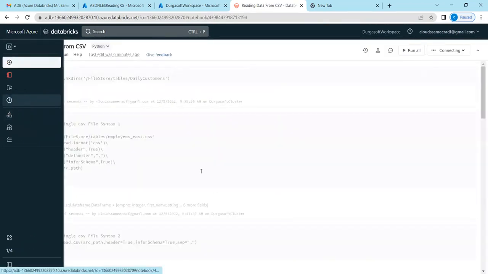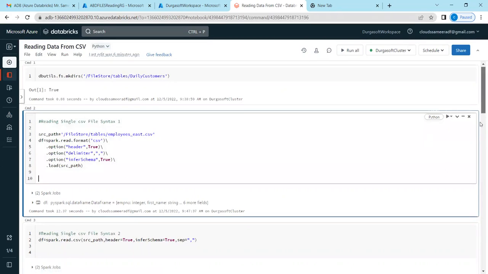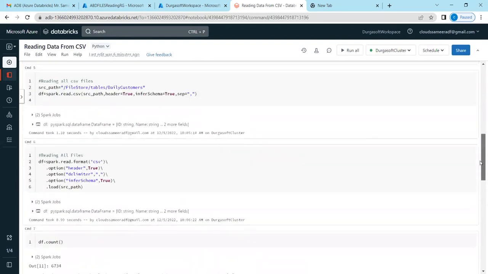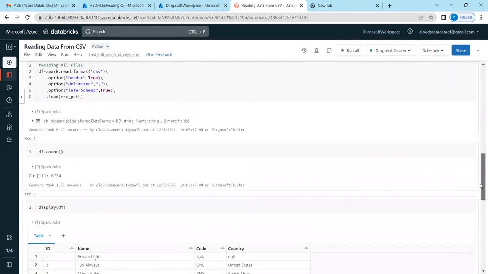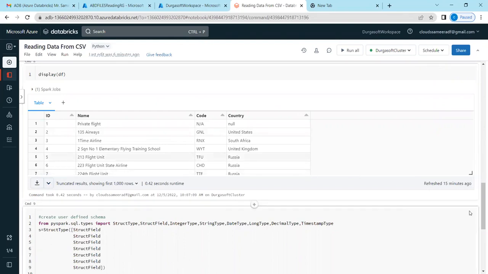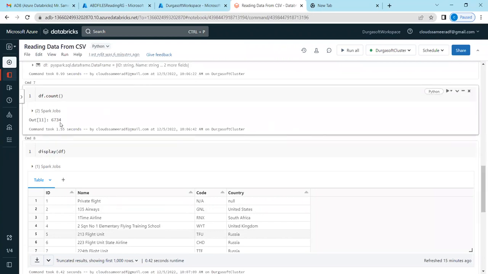Now, guys, see what has happened here. Whenever you want to define your schema, as we designed it in the last class, here we have uploaded some files, that means files which have different metadata. When you have files with different metadata, can you see here, how many rows does this totally have? Just check here. 6,734. That means the airlines file has 6161 rows, and the rest of the rows are gathered from